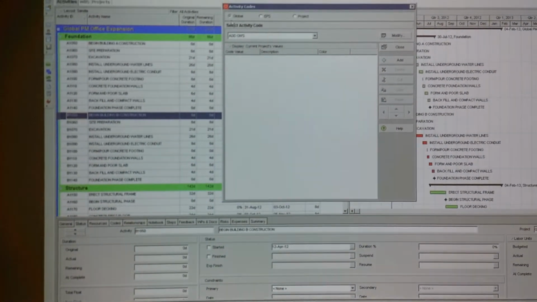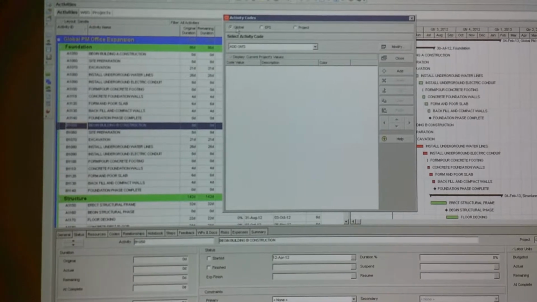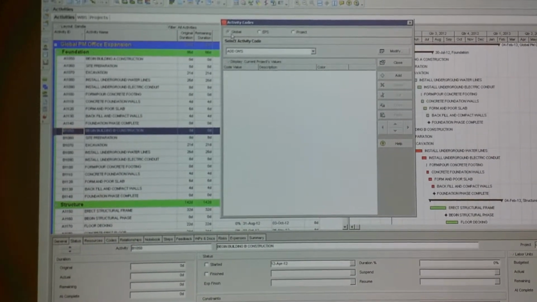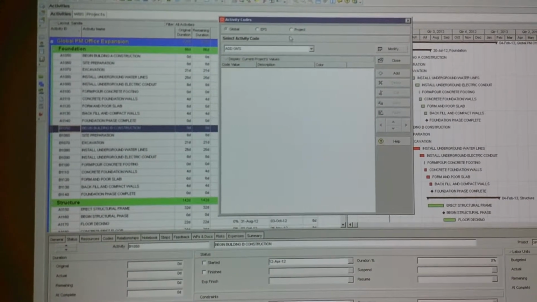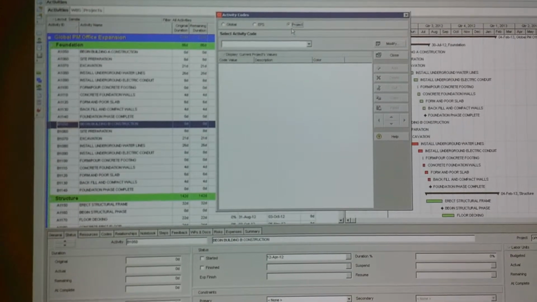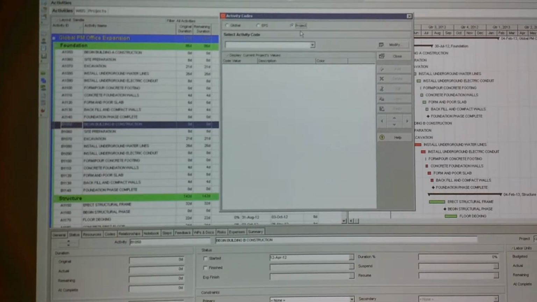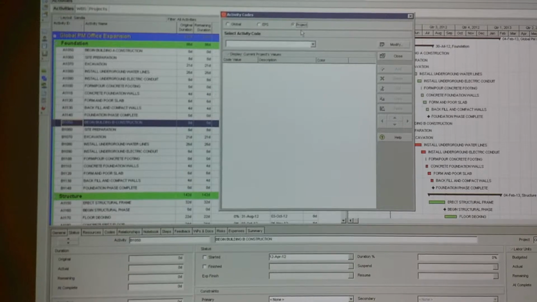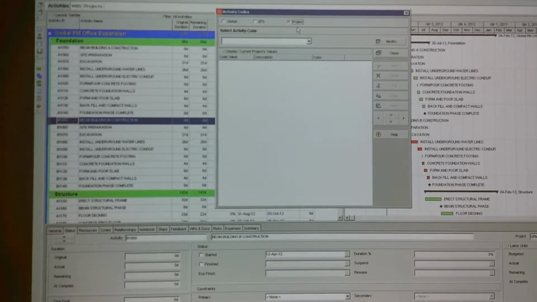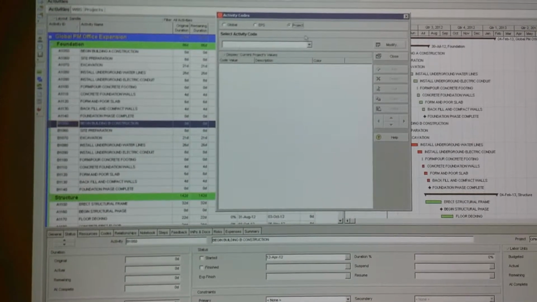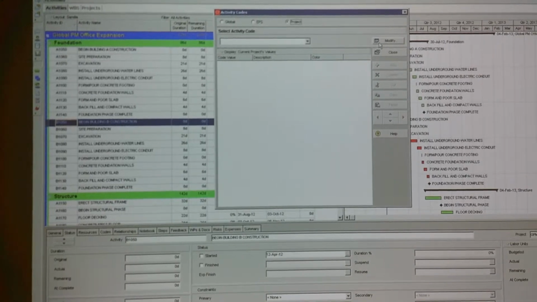Okay. You see I have a couple options here. Right now Global is the radio button that's selected, but I'm going to choose Project only because I want these specific activity codes to be on my schedule and I want to be the only one who has access to them. So, to build the code, I hit Modify,